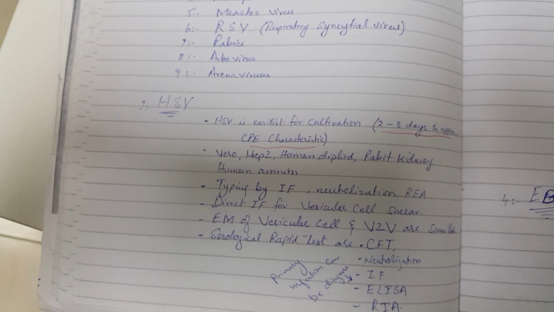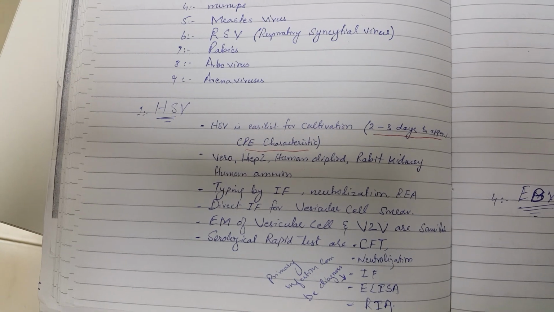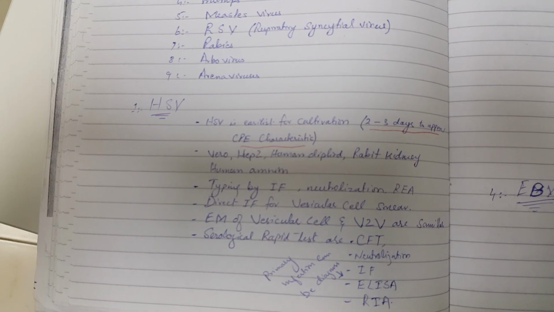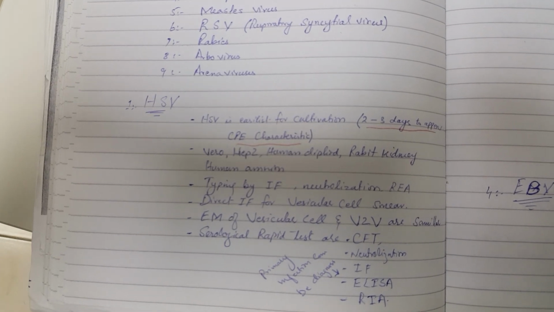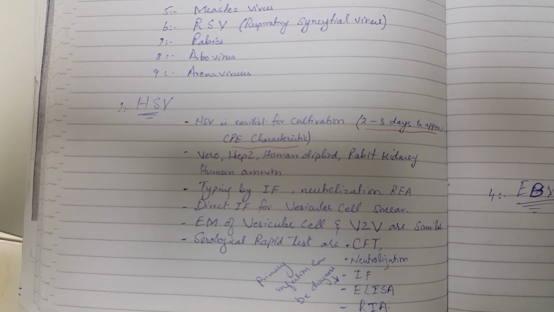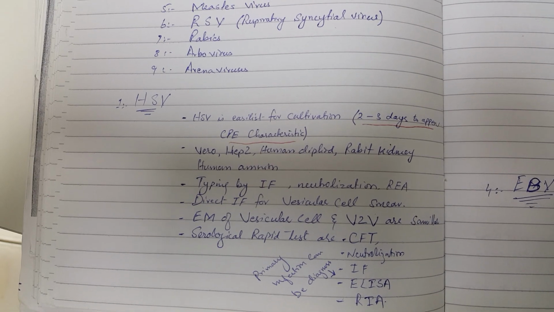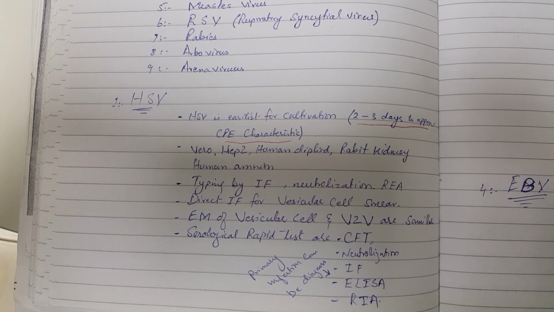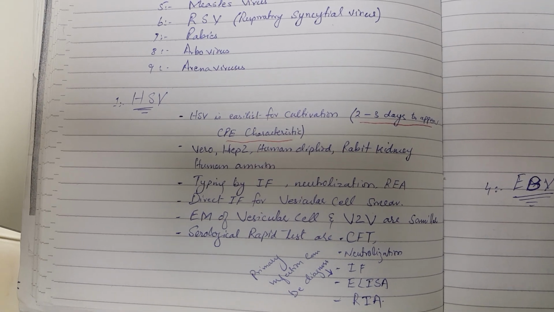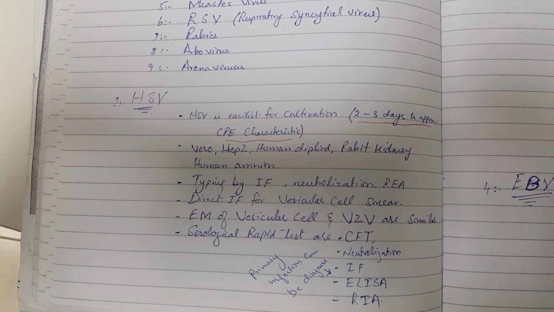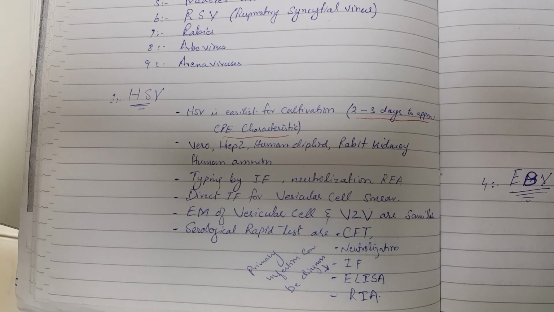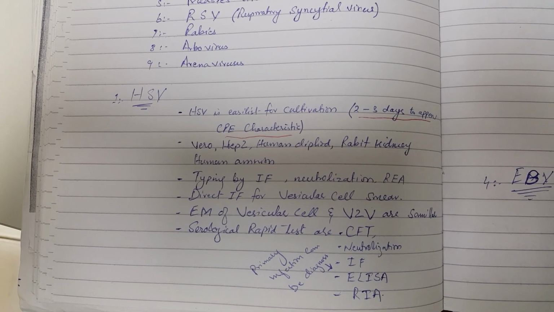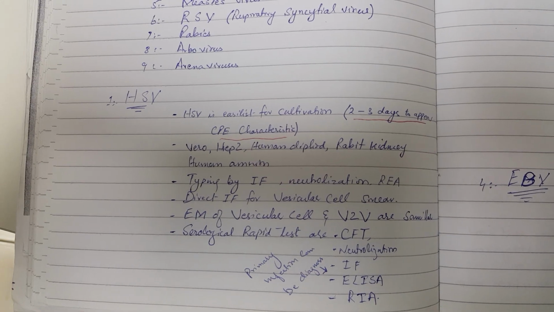In the DNA viruses, herpes simplex virus is the easiest to cultivate. It only takes 2 to 3 days for the cytopathic effects to appear. And Vero, HEp-2, human diploid, rabbit kidney, and human amnion cell lines can be used. Typing is done by immunofluorescence, neutralization, radioimmunoassay, enzyme assay, and direct